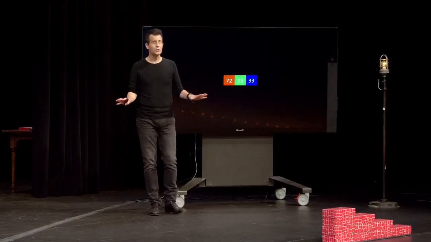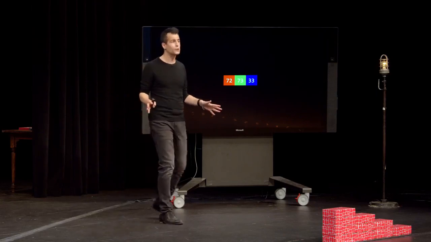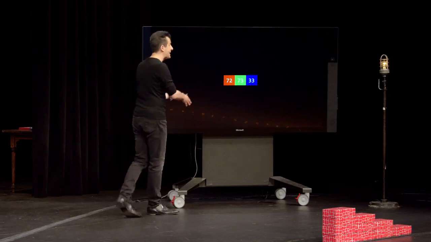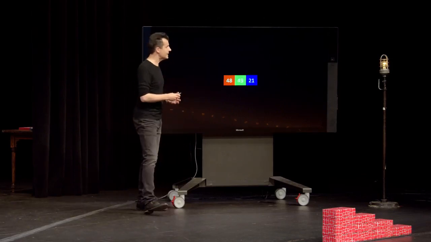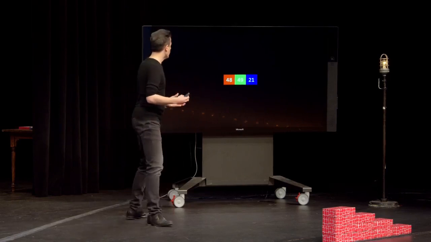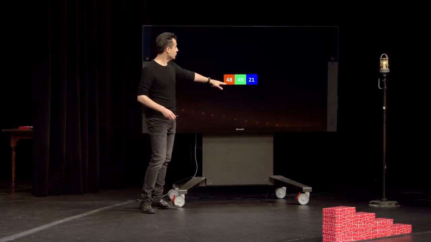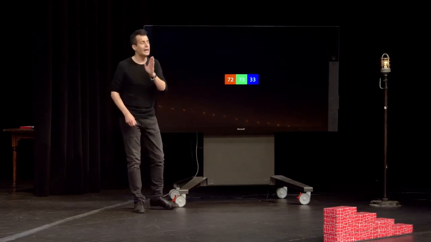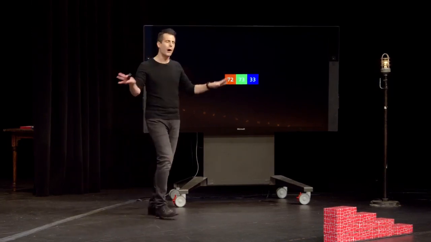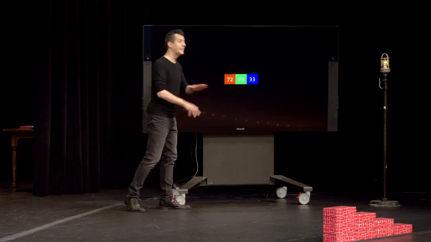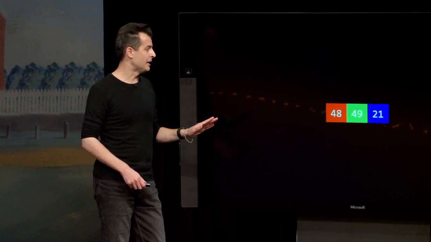And that's fine. It's perfectly fine to think and express yourself in terms of decimal. But computer scientists tend not to do it that way in the context of colors and in the context of memory. Instead, they tend to use something called hexadecimal. And hexadecimal here would actually just have you change these values from 72, 73, 33 to the equivalent hexadecimal representation. We won't bother doing the math here, but let me just stipulate that 72, 73, 33 in decimal is the same thing as